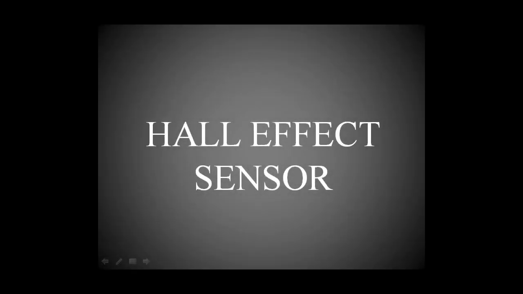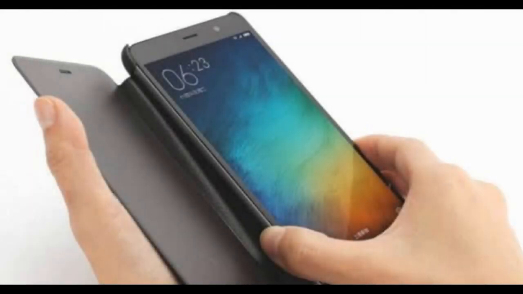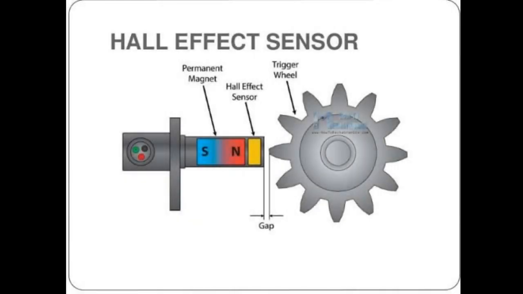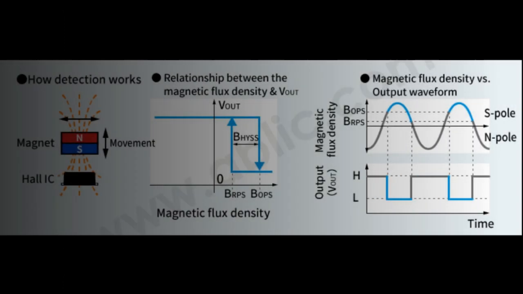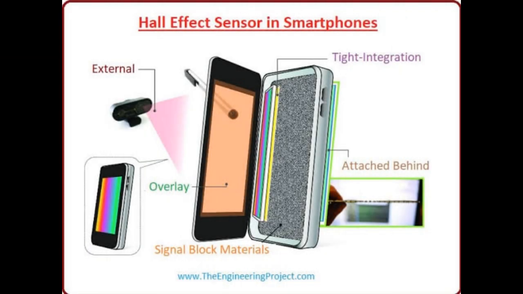Let's talk about the Hall effect sensor. It is used in the smart cover mode, when your device automatically locks the screen when you close the flip cover and unlocks the screen when you open the flip cover. Let's talk about how it works. In a Hall effect sensor, a conductor has current applied along it. When the conductor is placed in a magnetic field perpendicular to the direction of the electrons, they deflect from a straight path. It has a consequence. One side of the conductor will become negatively charged and the opposite side will become positively charged, resulting in a voltage difference. In this way, the Hall effect sensor works. This is about the Hall effect sensor.